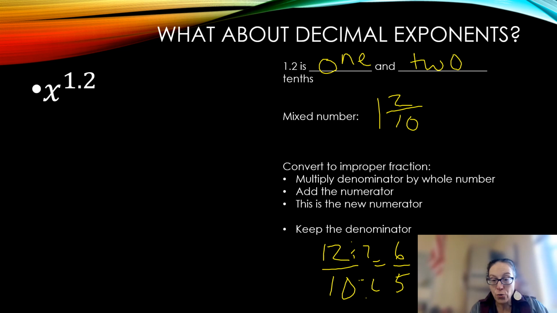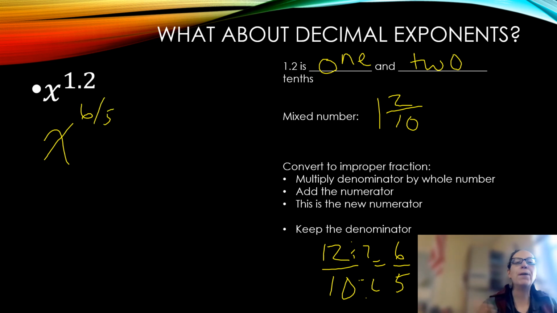If you're not sure, grab your calculator and do 6 divided by 5, and it'll say 1.2. Okay, so it'll confirm that for you. So this would be 6/5, and depending on what you're trying to do in your problem, maybe that's all you want to do. Maybe you want to write it as a radical, so that would be